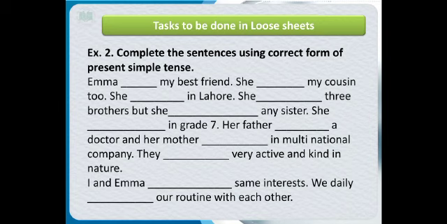You have to complete the sentences using the correct form of the present simple tense. It is also quite easy. You have to choose whether you are going to use the action verb, verb to be, or have got. Be very careful. Where there is action required, you will use the action verb. Where there is possession or illness or relationship, you are going to use have got. And if there is the situation or the condition of the subject, then you will use is, am or are. Be very careful when you are doing these exercises.